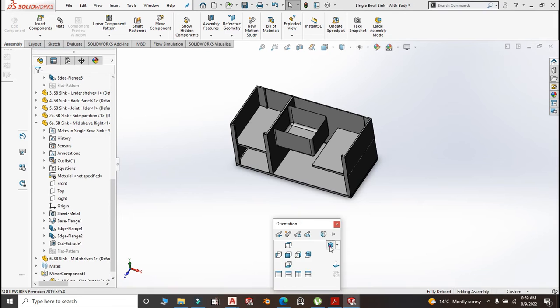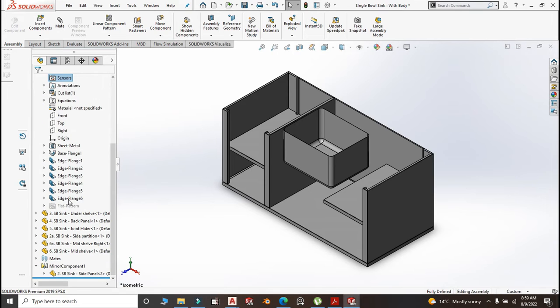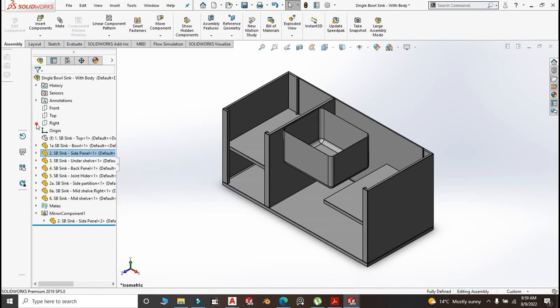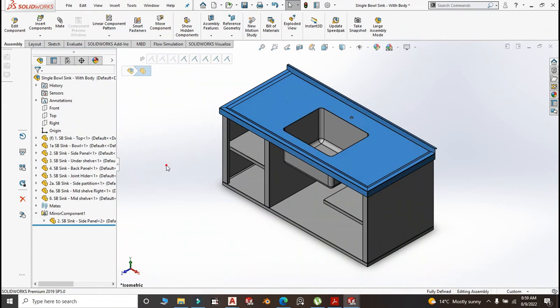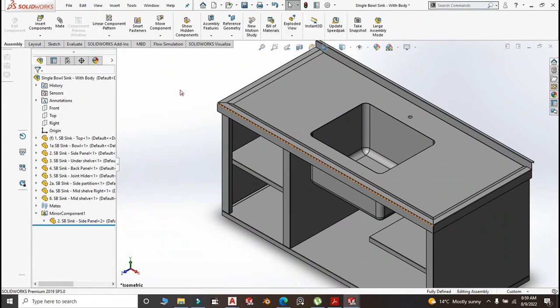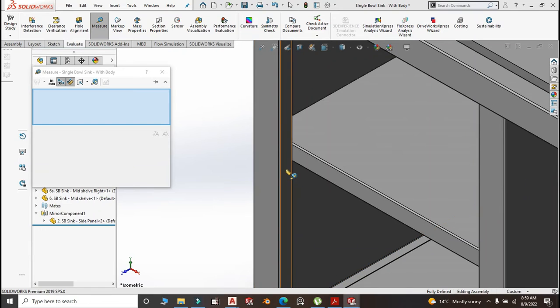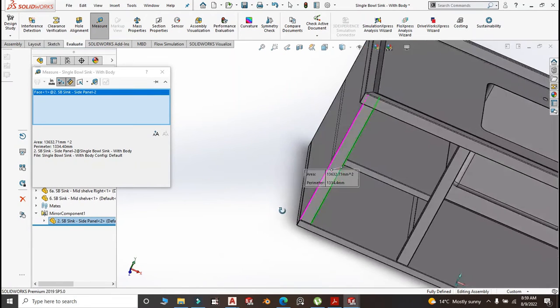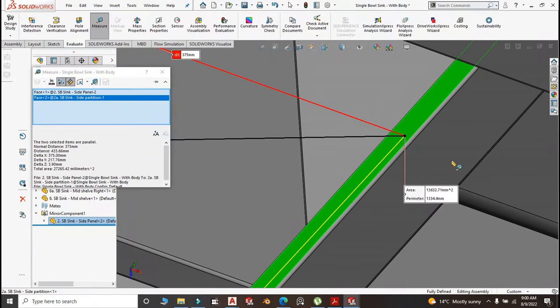Now we will bring back our top, we will unhide the top so that we may create the door, make it visible. We want to create a door. Let us measure the size of the door. The door will be from here to here. We give it